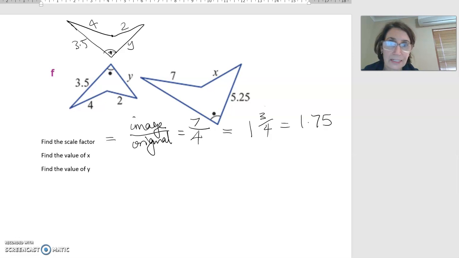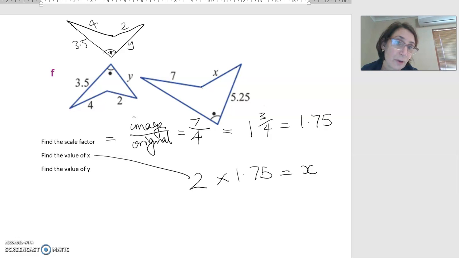Okay, the next thing we need to do is find the value of x. Where is x? Here's x, okay? So we need to find what is the corresponding side to x. And in the original, the corresponding side to x is going to be 2. So for this one here, we're going to say 2 times the scale factor is equal to x. Okay, so we've got this side here, 2. We're enlarging it by the scale factor, so we're making it bigger by the scale factor, and that gives us